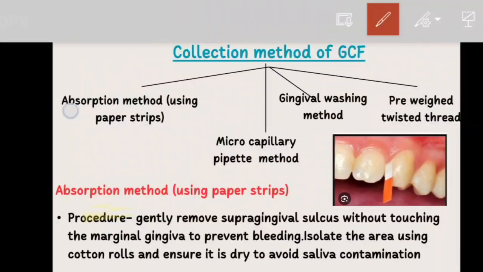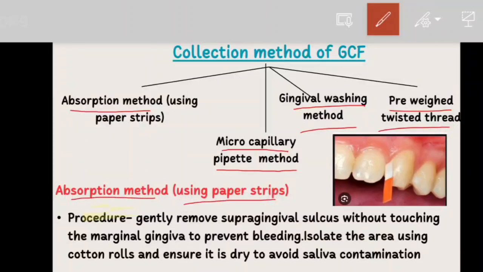So now let's discuss the collection methods of the GCF, which is very important for the viva. So first one is the observation method, second one is the microcapillary pipette method, third one is the gingival washing method, and fourth one is the pre-weighed twisted thread. So in the observation method, which is using paper strip,